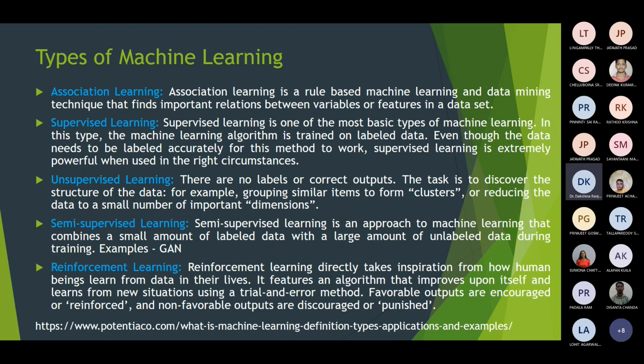Now the next learning approach is known as supervised learning. In supervised learning, we try to establish the cause and effect relationship between the variables or features in the given data set. Here we consider the label data. Label data means data having input and output parameters. And here we try to establish the cause and effect relationship between different variables or features in the given